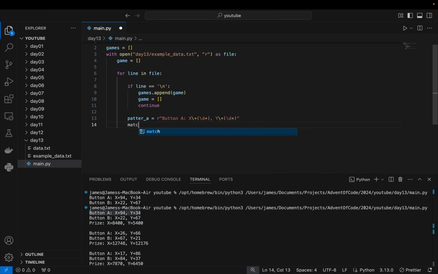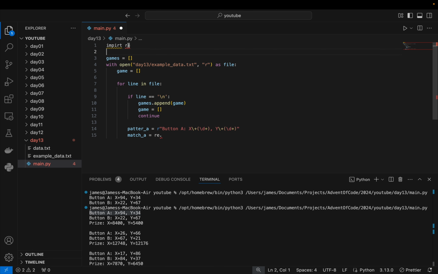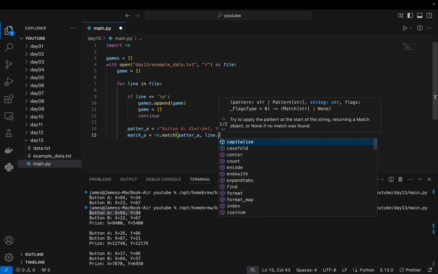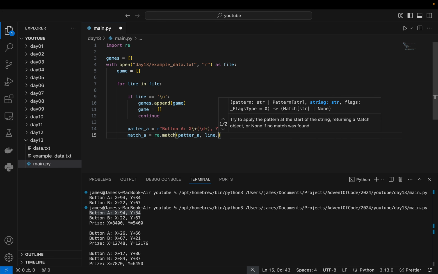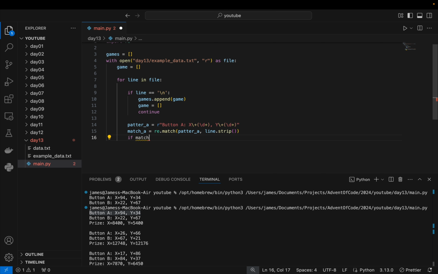And then we're going to say match A, and that's going to use this library. So I'm going to import regex, and if it matches, so if the pattern matches the line with no white space, which you do with this, if that match occurs, so that's just going to be if